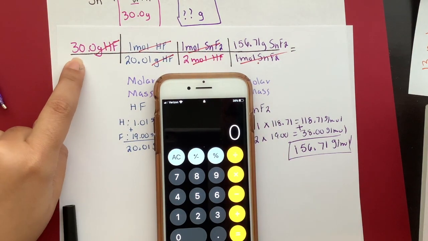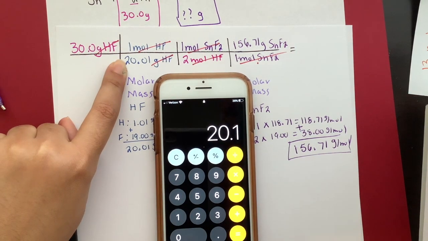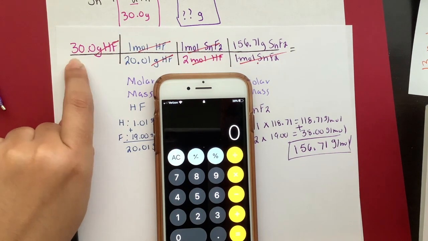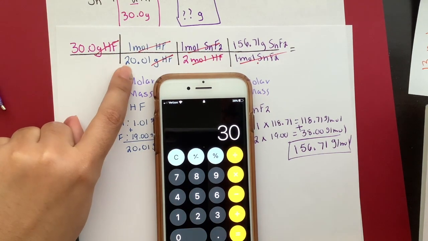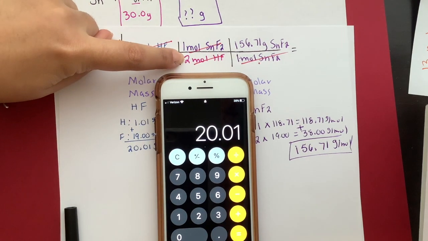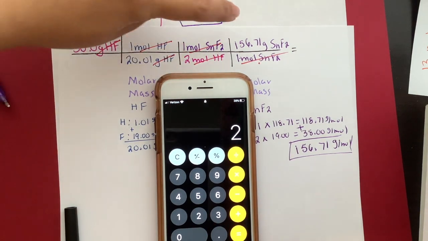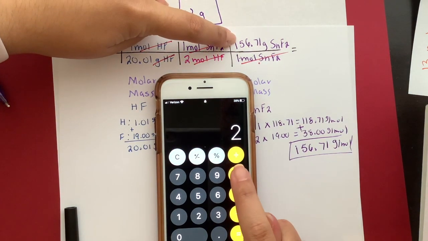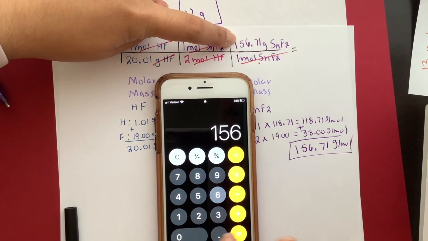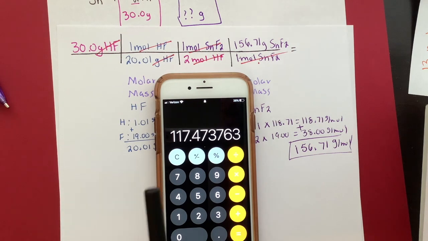So I'm going to start with my number 30, divide by 20.01. Here we're again dividing by 2, so I'm just going to divide by 2. This number's in the top, so times 156.71. And my answer is